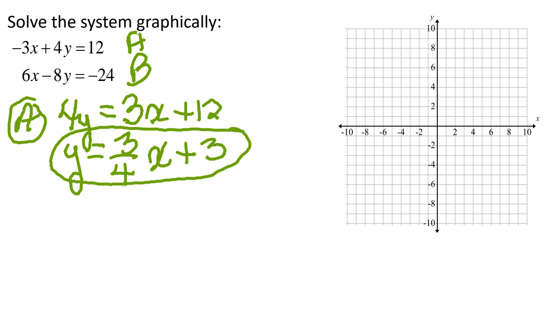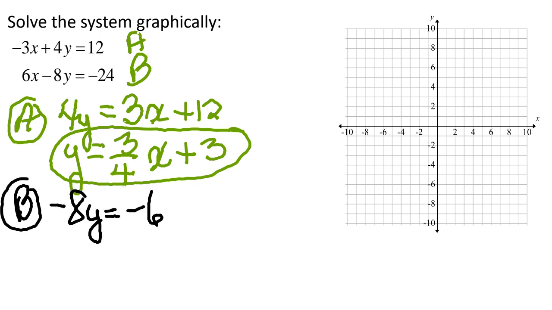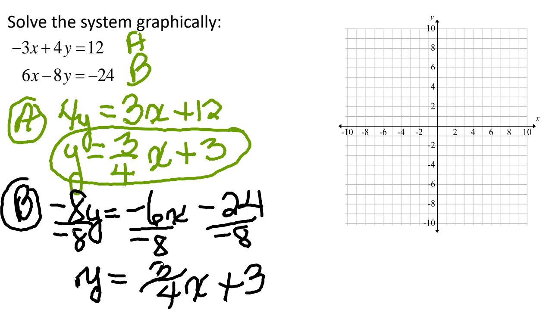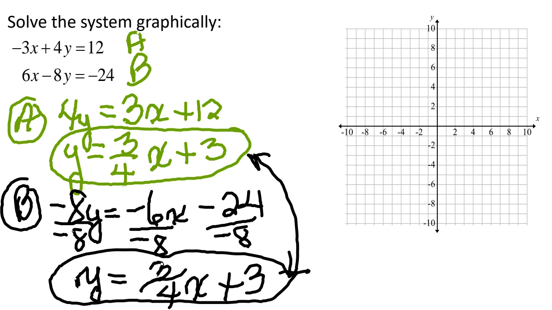Well, let's look at B. Negative 8y is equal to -6x minus 24. Now notice what happens when I divide everything by -8. I get y is equal to 3/4 x plus 3. Look at these two equations. They're the same,